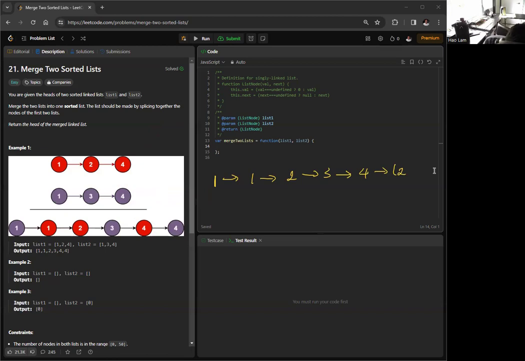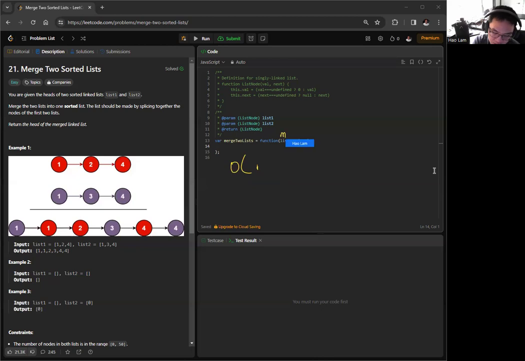If we use recursion, then we also do the same thing. We would compare, right? And then reassign the next pointer like this, right? Like this, and then like this. So both methods will give us the same space complexity of O(N). For the recursion, even though we don't create any new list node, we need to use the call stack. So the space complexity would be O(N), and the time complexity would be the same for both methods, would be O of